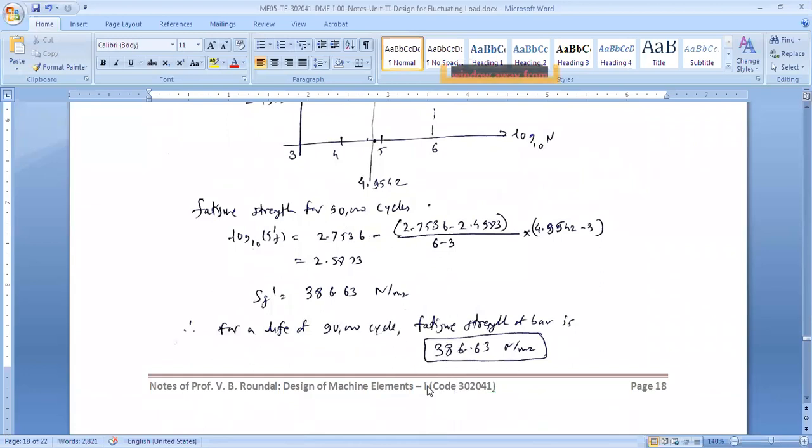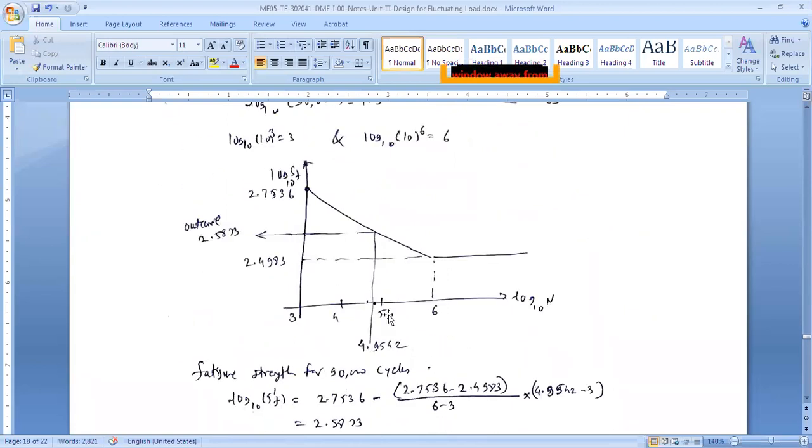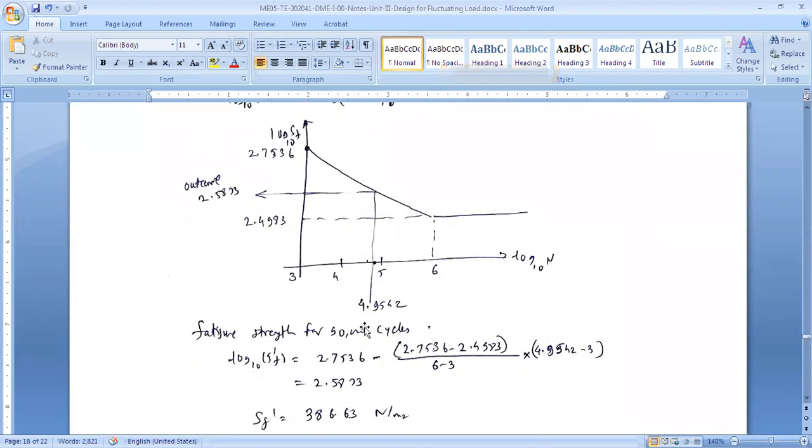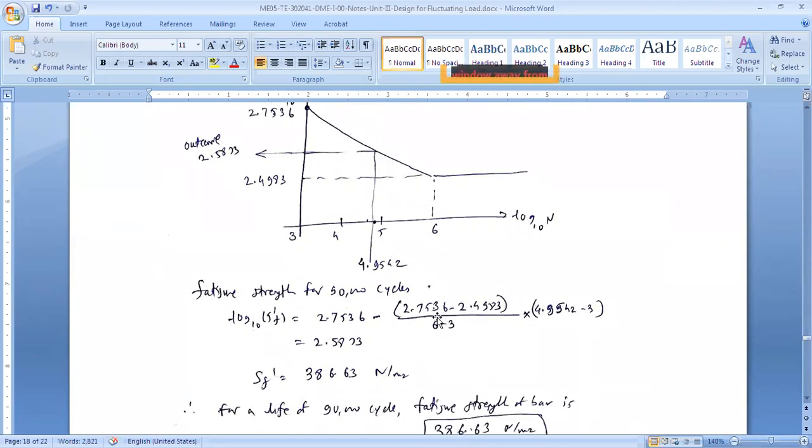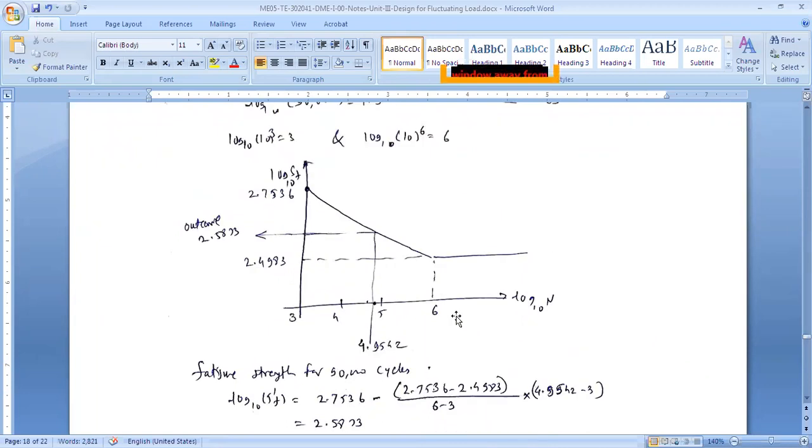So this is the stress or the fatigue life for a life cycle of 90,000. If you ask, say, find out the life cycle for 10,000 cycles, then you will use 10,000 means what? 10 raised to 4. That means log of that will be 4. So you will draw a line like this and correspond. I can tell verbally also. Now this graph, whatever the slope is there, multiplied by 4 minus 1. So it will be 2.7536 minus the slope of the line, which will be your final answer. Are you getting my point?